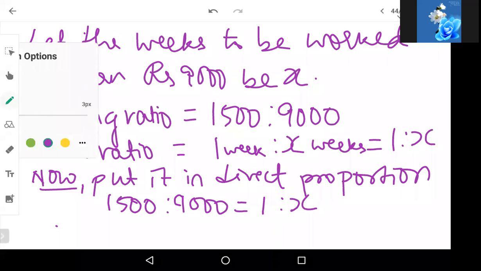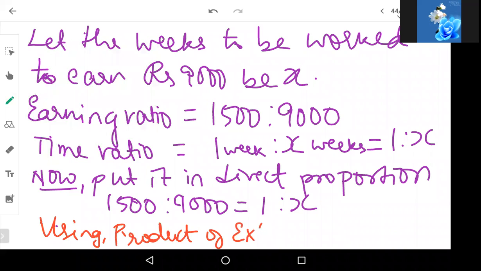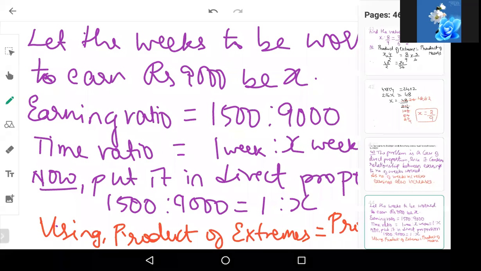So using that, what do we get? We will be solving this as